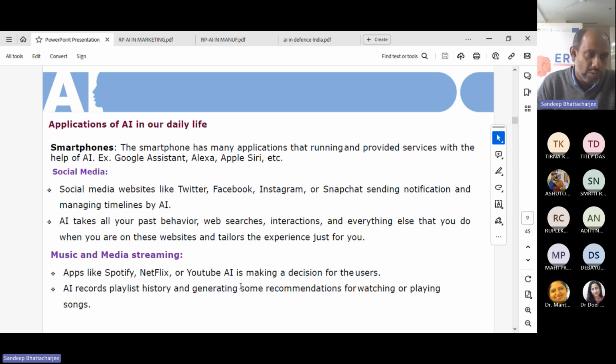It provides you the facility of creating your own albums separately or your own playlist, right? Similarly, Netflix is also there, YouTube is there. So everywhere you see behind all these social media applications, you have artificial intelligence, which is actually taking decisions based